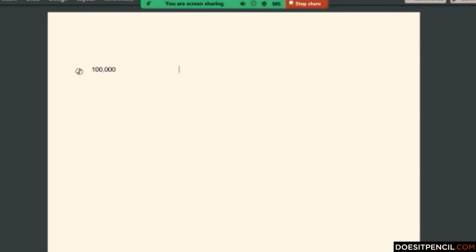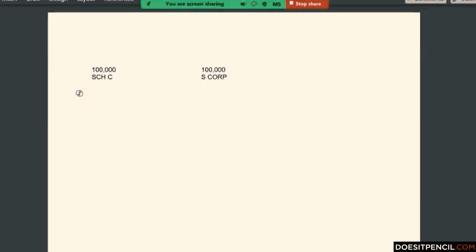Okay, so I'm going to do this example this way. You got two brokers, and they both make 100 grand. One of them files a Schedule C. One of them is an S Corp. So the play on this